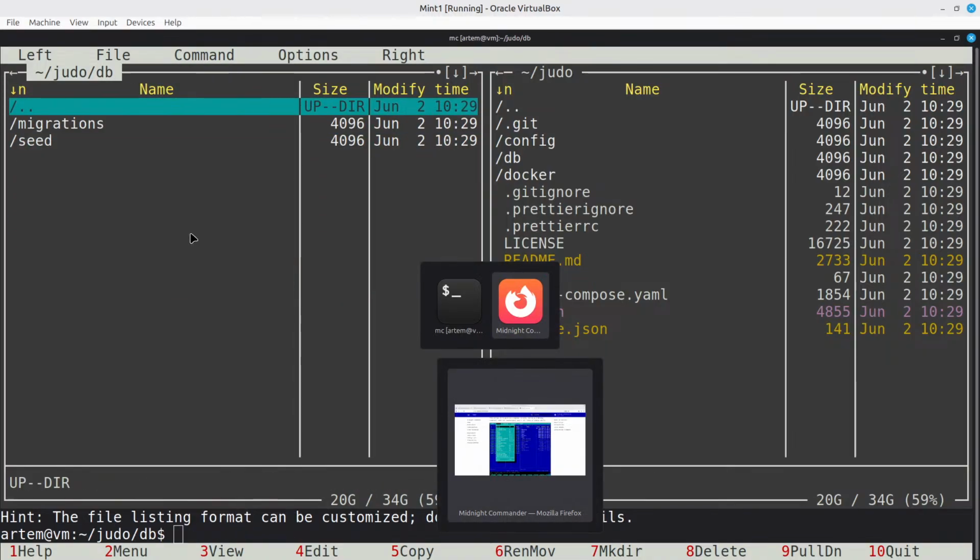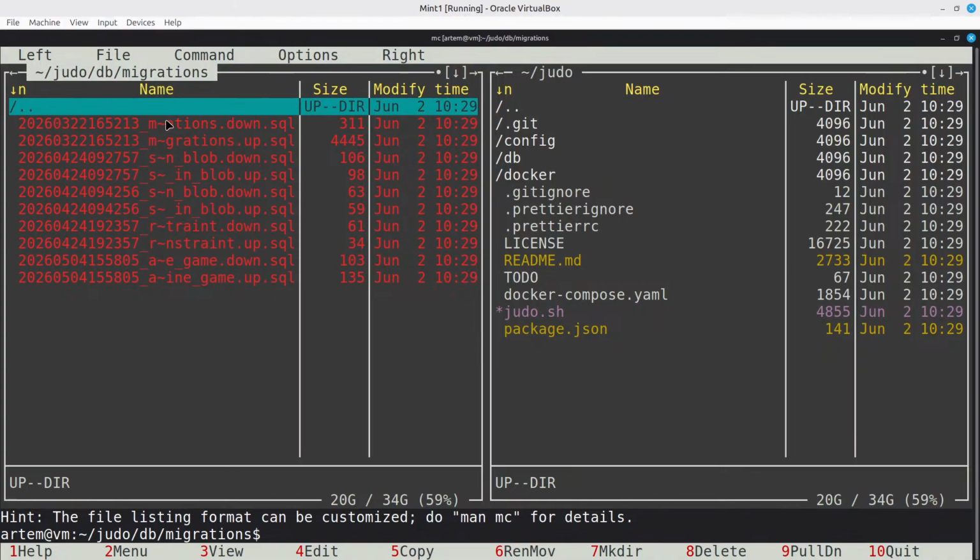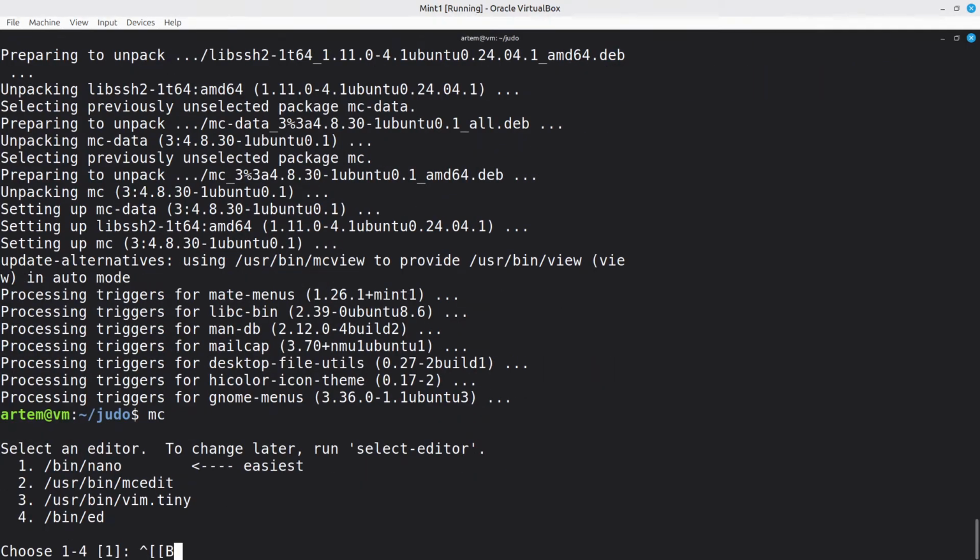If you don't know what database migrations are, they are basically a mechanism which allows us to provide a version control system for the database. So instead of having a single large SQL file which will create a schema, we define multiple smaller files. Let me just grab a default